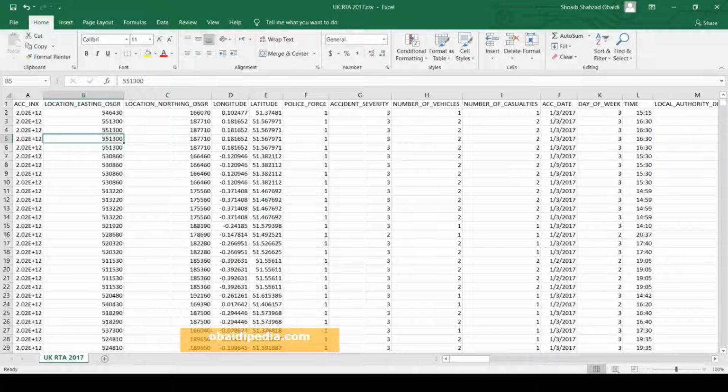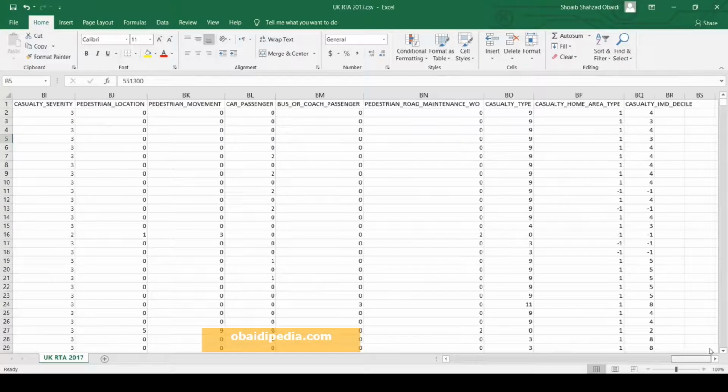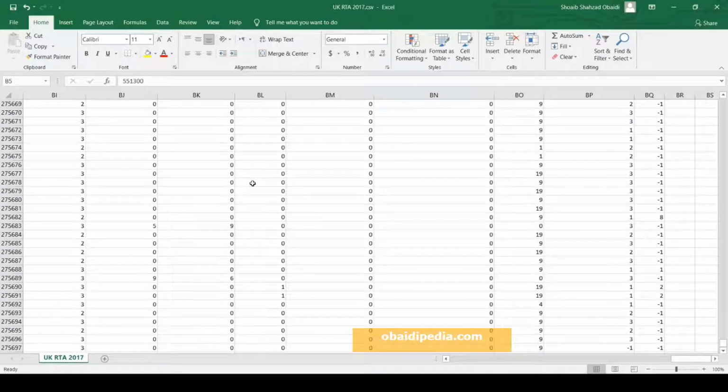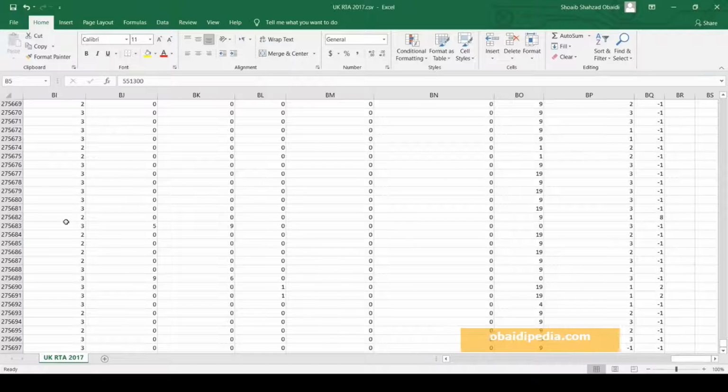It has 69 columns, as well as about 275,697 rows. So if we spend hours looking into it, we won't figure out what it talks about. It is a huge data, and therefore we need to visualize it, and after visualizing we will figure out what this data talks about. And after that, if there are some problems, we will find a solution for that. So let's